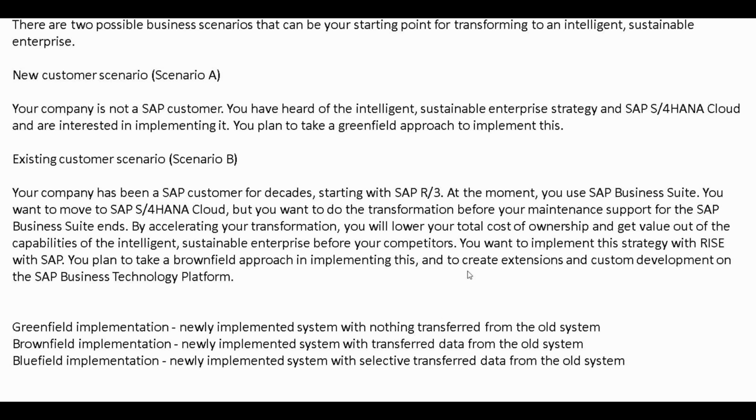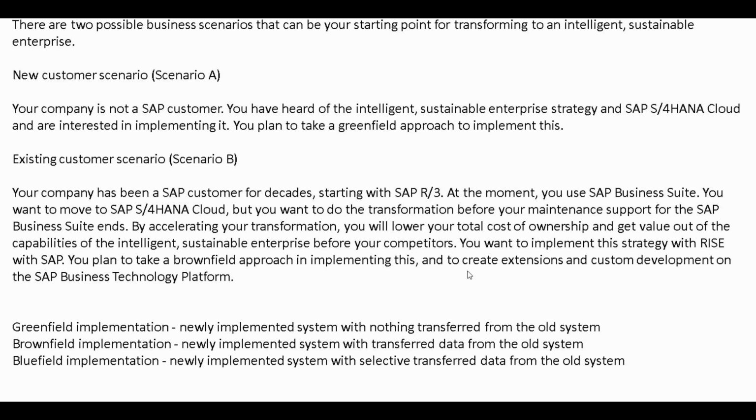In fact, SAP has recently started another solution called Grow with SAP also. You need to understand the differences between them. Okay, so we are going to come to that. Rise with SAP particularly, we'll try to have a look at that. So whether it's a new implementation, that is a greenfield implementation, or you are speaking about a brownfield implementation,